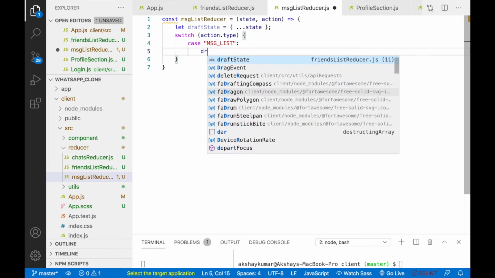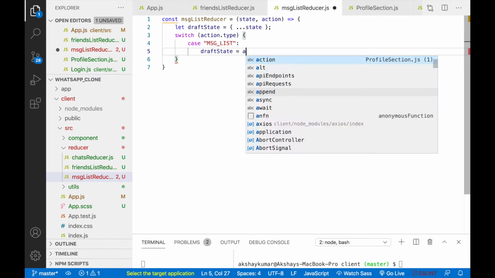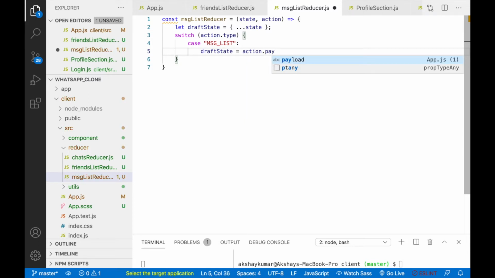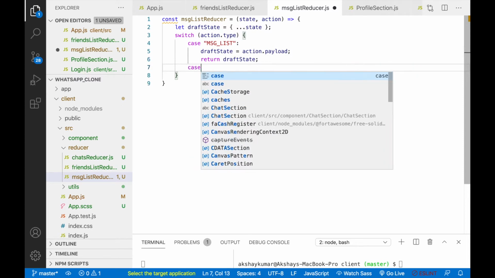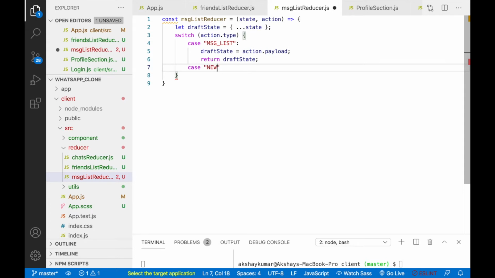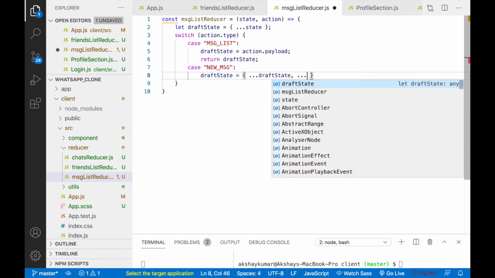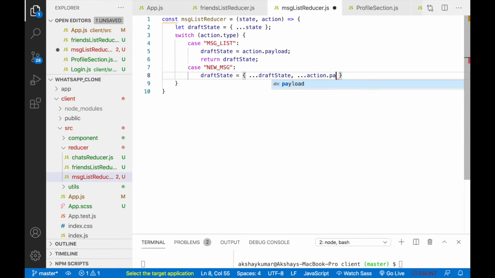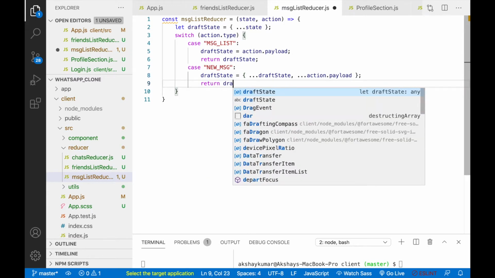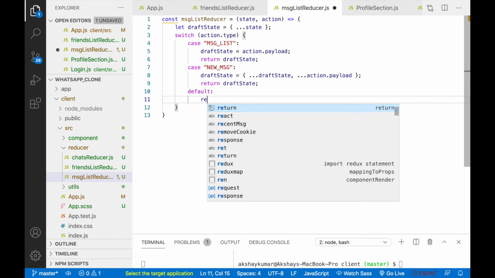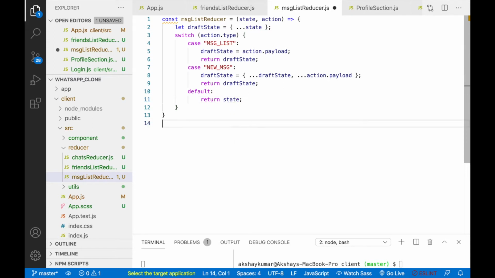Here we'll write draftState equals action dot payload and we'll just return draftState. The next case will be new message. Here we'll write draftState equals one object. Here we'll spread the draftState and we'll spread our action dot payload. Then we'll just simply return draftState. Then we'll write our default case. Here we'll just return state. We'll export this messageListReducer. So our reducers are done.